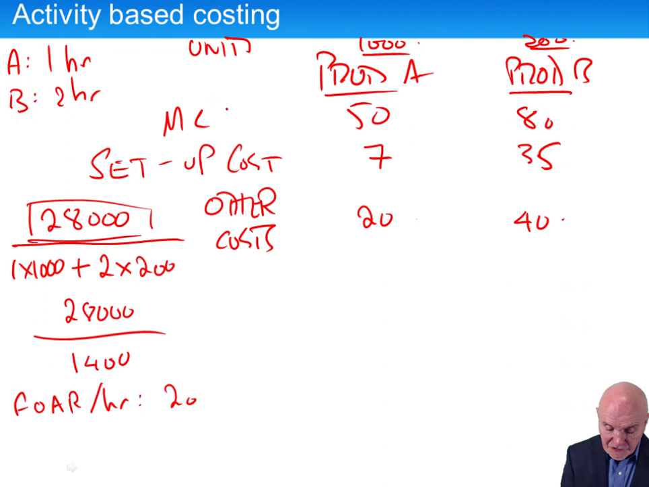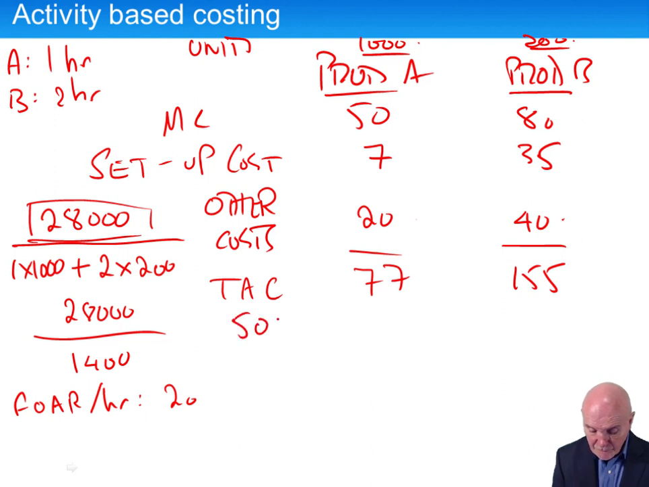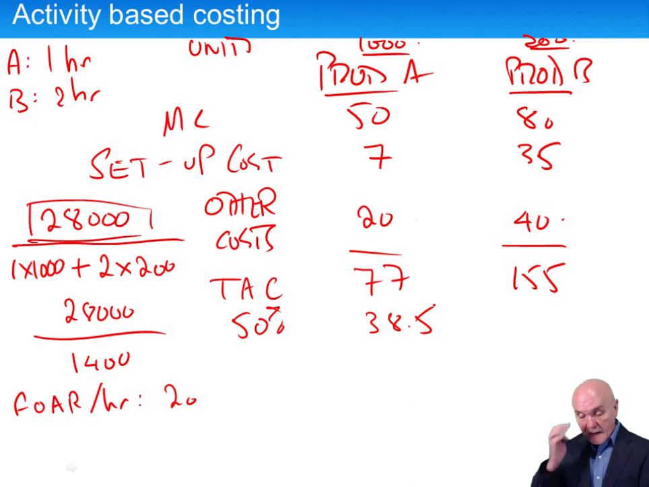So, marginal costs, these are our two elements of fixed costs here. This will give us the total absorption cost. So it's going to be 77,000. This is going to be 155,000. And then we have the markup, the 50% markup. We keep applying that. So that's going to be 38.5. And the other one, divide this by 2, is going to be